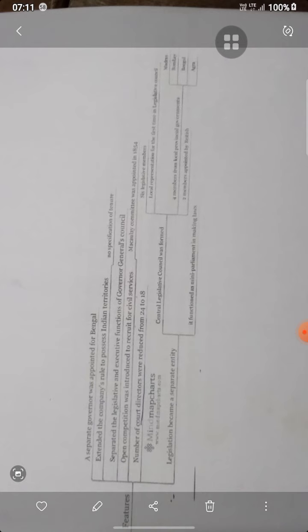Legislation became a separate entity, as the Central Legislative Council was formed. It functioned as a mini parliament in making the laws. There were 6 legislative members. Local representation was first introduced in the legislature, and 2 members were appointed by the British. These were from Madras, Bombay, Bengal and Agra. This was all. Next one is